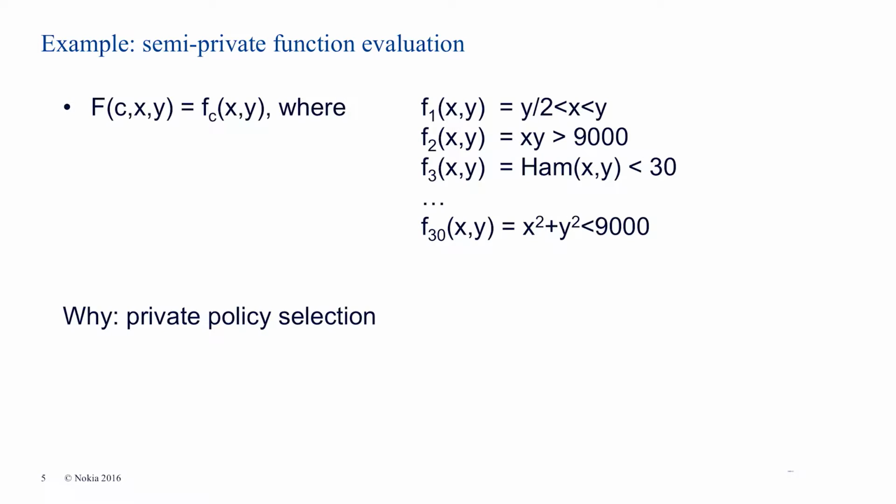So let's say there is a function that you want to compute, f of c, x, y, where c is a choice bit or choice several bits that is given to one party, and then x is the input of one party and y is the input of the other party. So in other words, you can think of it like a private policy selection. I want to evaluate one of 30 functions on our inputs, but I don't want to tell you which one. Right? And this comes up in a lot of places,